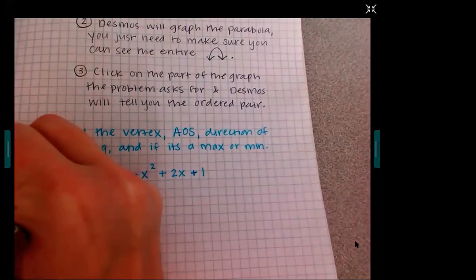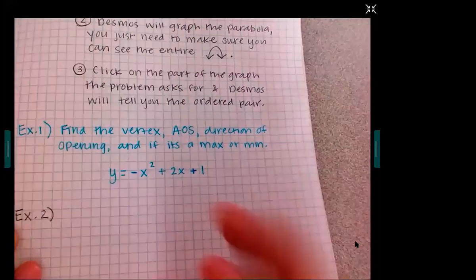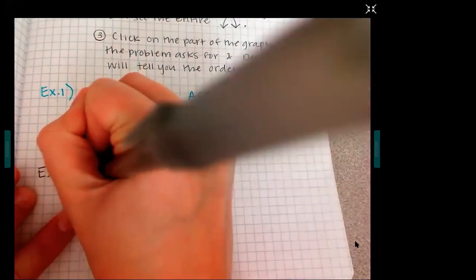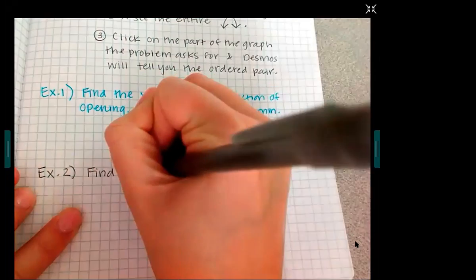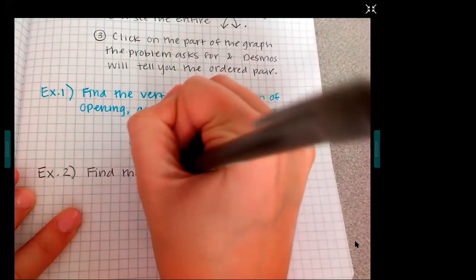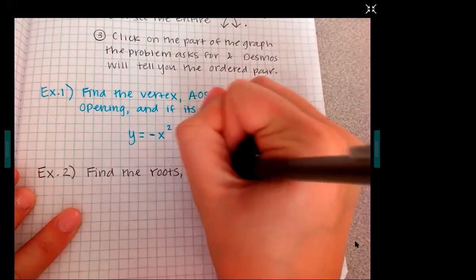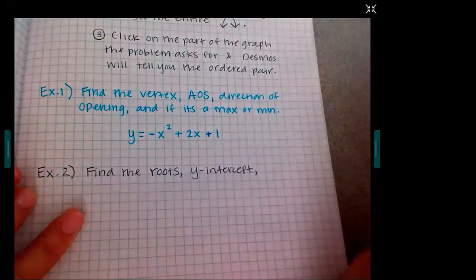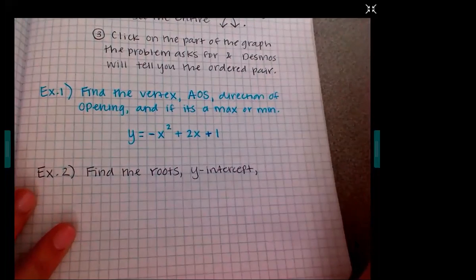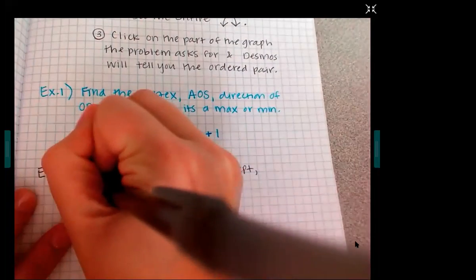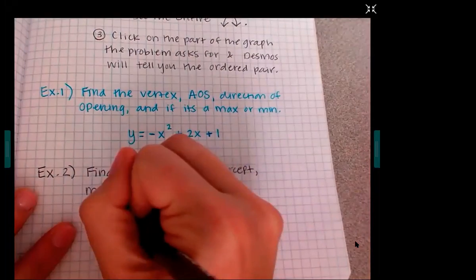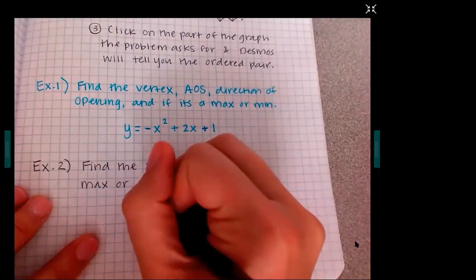Okay. Second example, we're going to try to find some different stuff. So for this one, I want you to find the roots, y-intercept, and max or min. We're going to do y equals